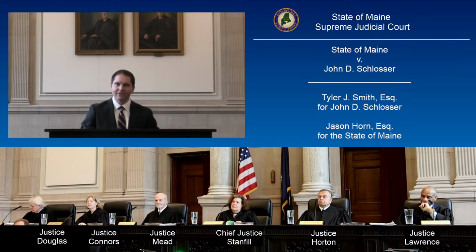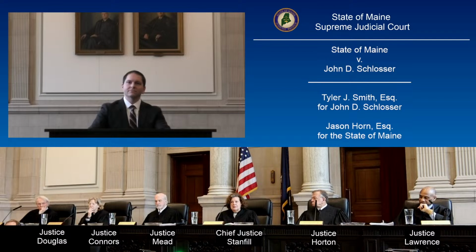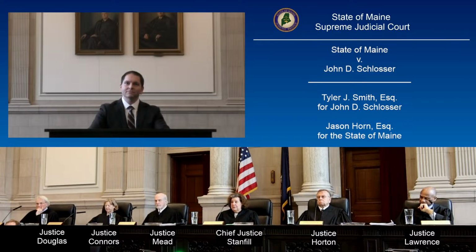Except that, isn't the whole idea of a lesser included, doesn't it derive from some of the case law related to double jeopardy, to merger? In other words, that we really need to look at the elements of the offense. And in this case, the state chose to not choose one of the subsections, shall we say, on the definition of traffic, right? They could have said in the indictment, traffic to wit, possession with intent.